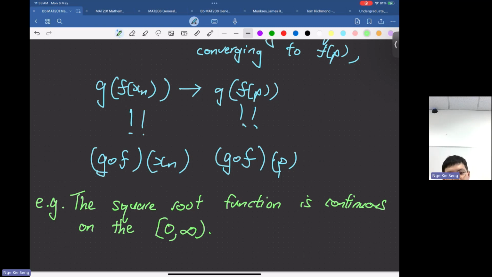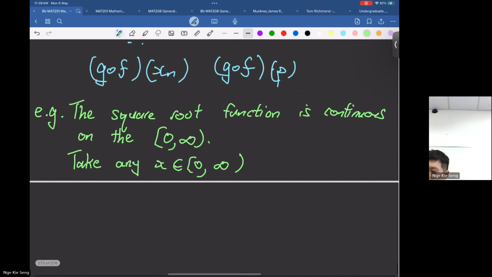Should we do this in class or not? Sorry? Do you want to do it together? Okay. So let's prove that this is continuous on the interval from 0 to infinity. So how do we show this? You need to take any x in this interval, and if x_n converges to x, want to show that